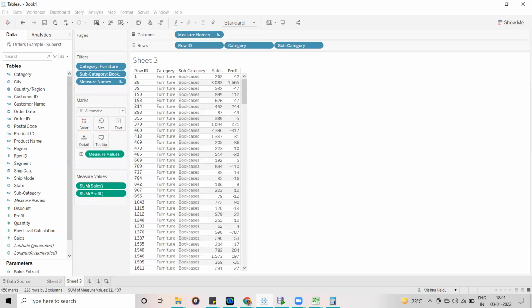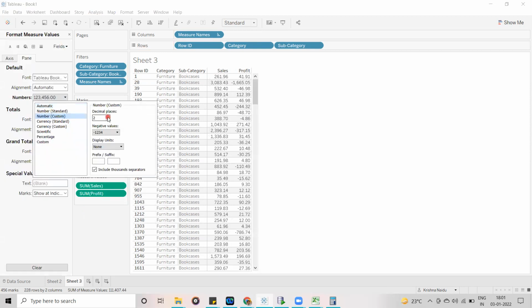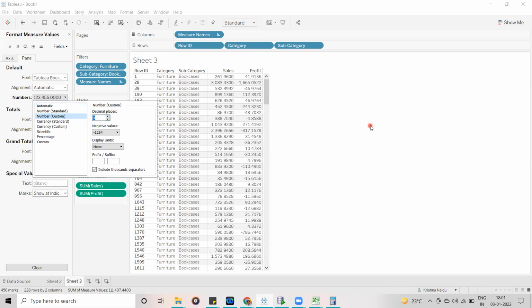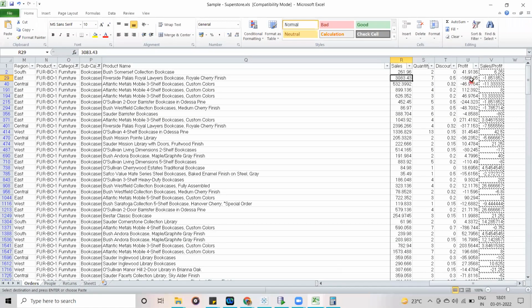So already we are displaying it here. 3083, but it is not showing decimal places because it's rounded up. So I want to show the decimal places. I'm going to select this measure value and format, make it number custom, and increase the decimal places. So this is how it is displayed, right? If you go to Excel, here it is the same. This is how it is displaying.